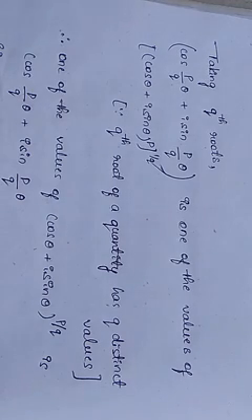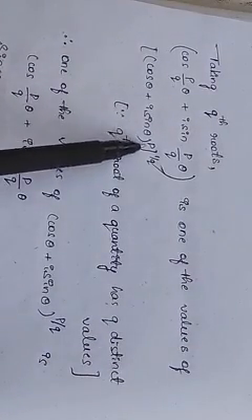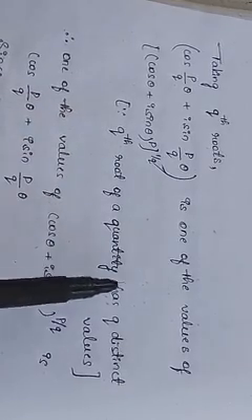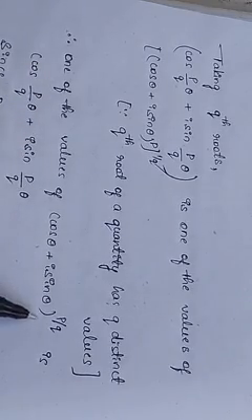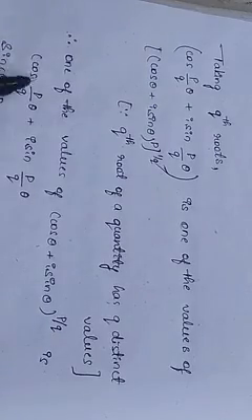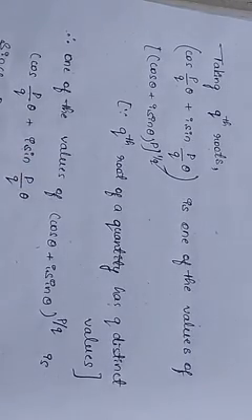Next, taking the qth root. So cos p by q theta plus i sin p by q theta is one of the values of ((cos theta plus i sin theta) to the power p) whole to the power 1 by q. Since the qth root of a quantity has q distinct values, one of the values of (cos theta plus i sin theta) to the power p by q is cos p by q theta plus i sin p by q theta. Since p by q is equal to n, one of the values of (cos theta plus i sin theta) to the power n is cos n theta plus i sin n theta.